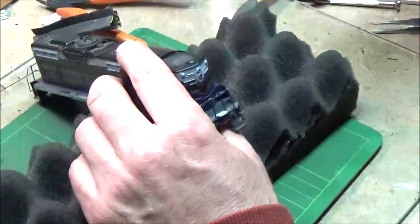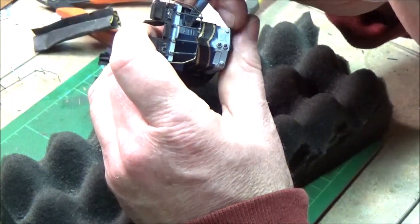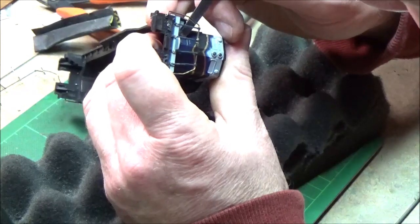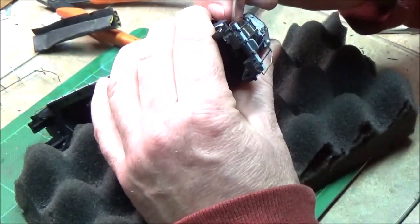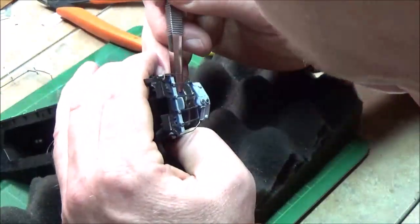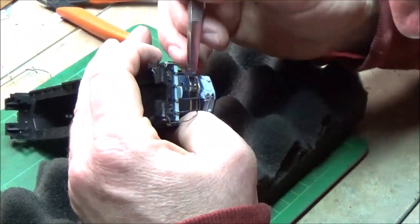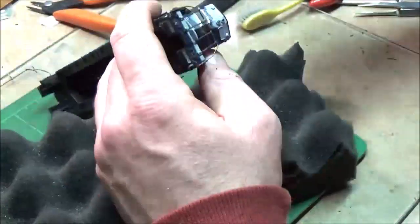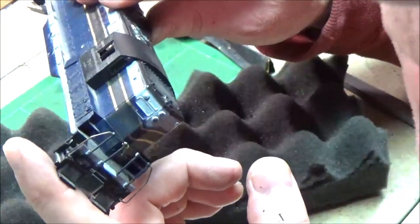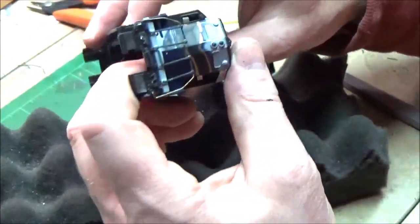Alright, now we will try these molded on grab irons. See how easily or hard these are. Might end up having to take the end handrails off to be able to reach them properly. We'll see. It's working all right. Still a long way from paint. It's amazing how fine it has to be to accept paint well and not show the defects, but